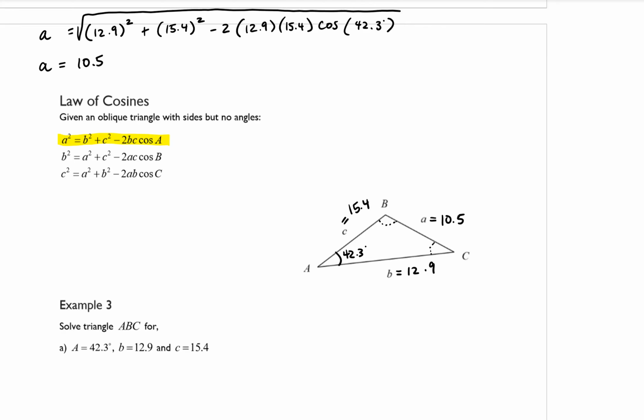So let's go ahead and use law of sines. So I'm going to say that sine of 42.3 degrees over 10.5 is equal to, let's go ahead and solve for angle B. And you can really take your pick and choose whichever one you'd like. I like B